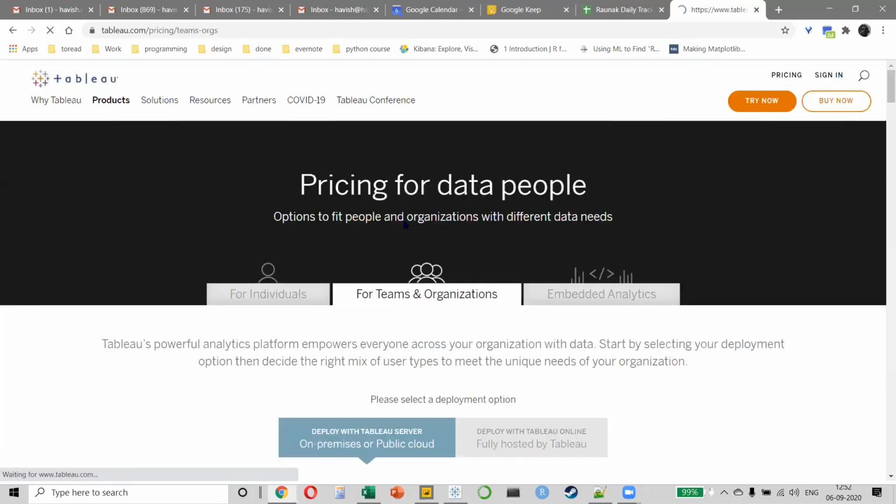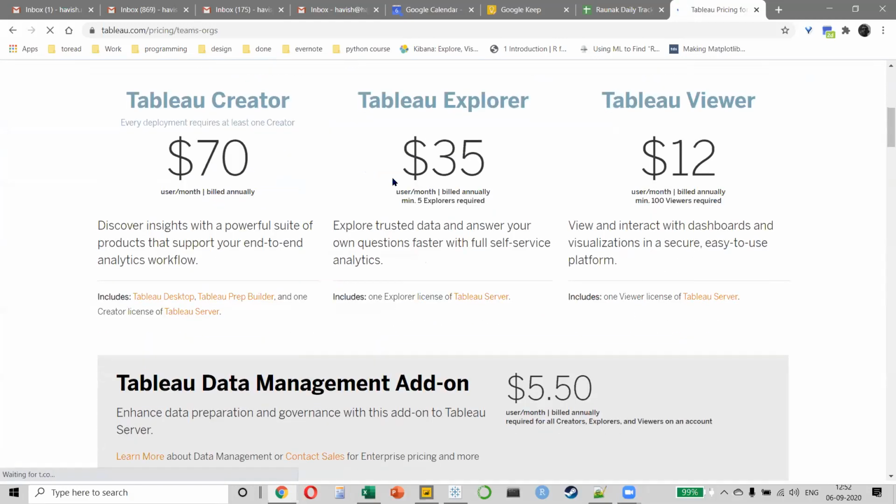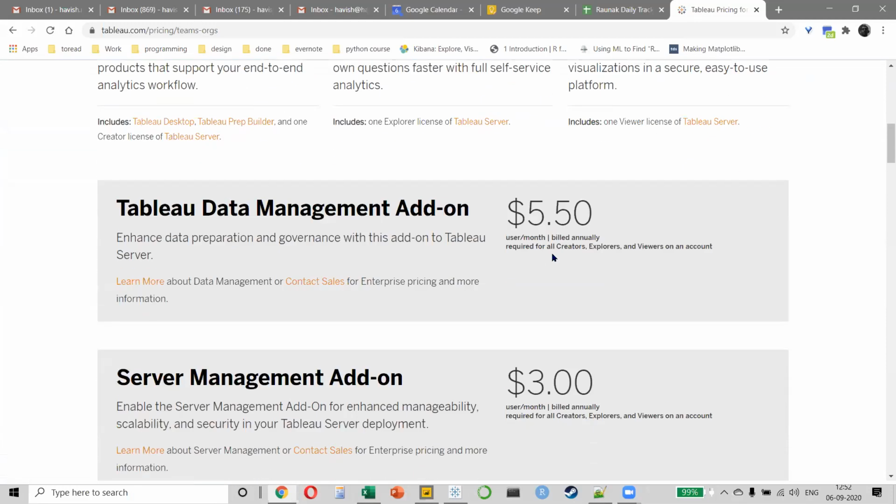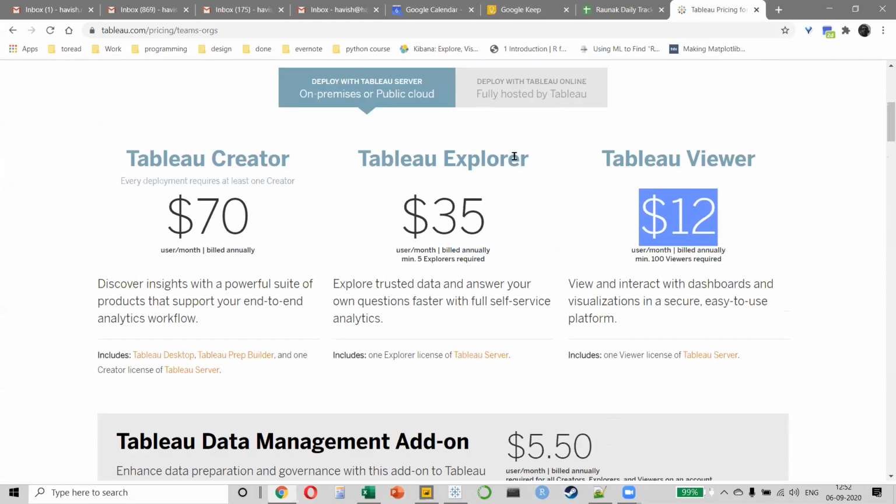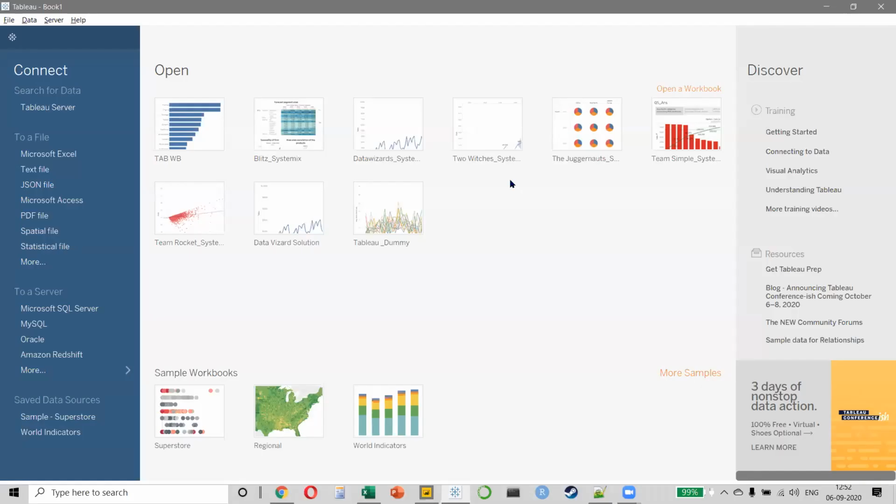For teams and organizations, you have some bigger plans available. So you can get Tableau Explorer and Tableau Viewer as well, which means that if a user is creating the report, you need Tableau Creator. If a user only wants to view the report, then you can get Tableau Viewer. I'm not getting too in-depth in this, but I just wanted to share with you. It's important, because if tomorrow somebody asks you, is it costly? Is it free? How much does it cost? You should have a little bit of idea about all of this, right? Great. All right, so this is Tableau.